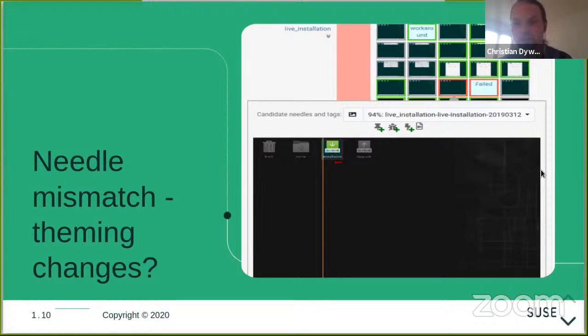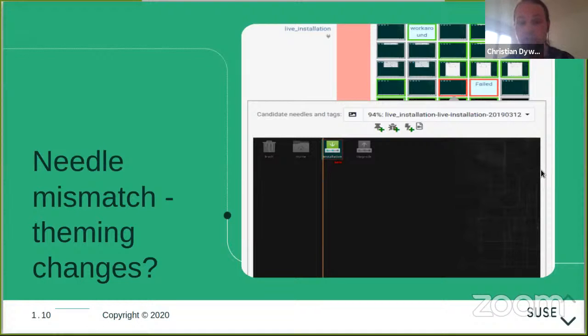So for instance, expecting a picture of the desktop during the installation and trying to see if the icon you see there is visible, except something seems to be wrong with the icon.